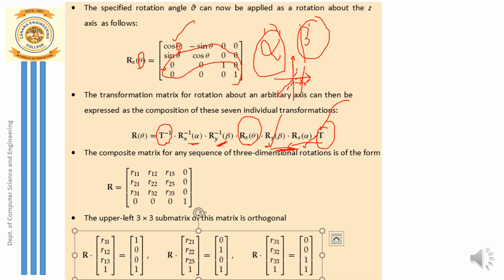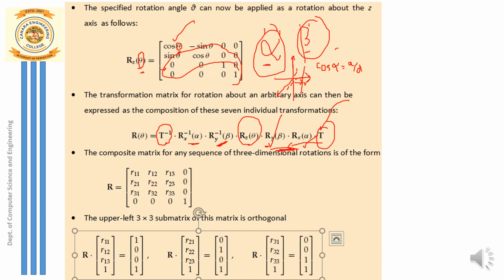So this is how you perform the rotation about an arbitrary axis. Remember, we don't know the angle alpha or the value of angle beta. We only know this angle theta along z-axis, that is the z-axis rotation. So alpha and beta values we do not know. Still we perform rotation along x-axis and y-axis. How? We just calculate the cos of alpha value. We only know the components of the vector along x-axis, y-axis and z-axis. So how do we calculate cosine of alpha? By taking those components, that is a by d. This is how we calculate it, and sine of alpha is b by d.